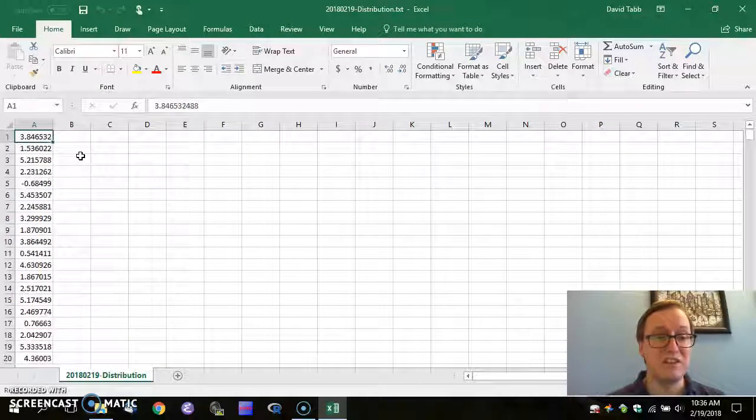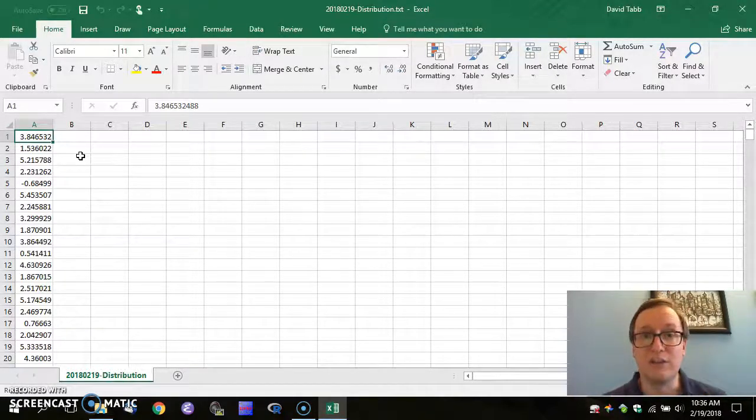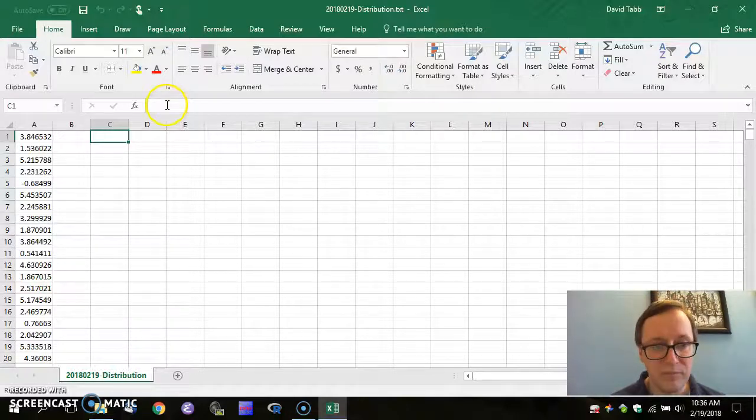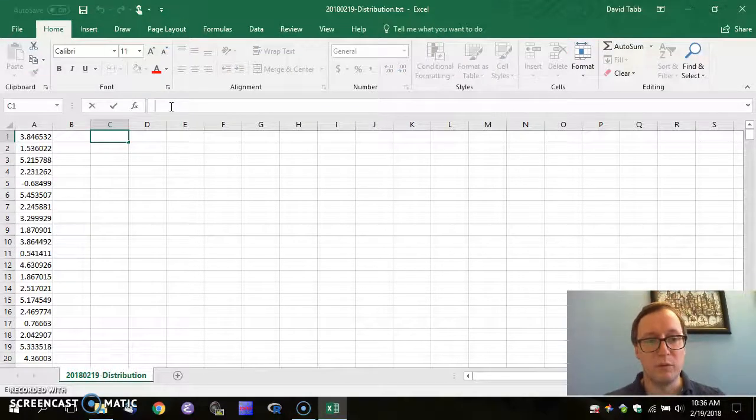One of the simplest things that I might want to know would be what is my range? What is the minimum and maximum value for this collection? So I'm going to pop over to column C here, and I'm going to enter a formula. I'm just going to pop it right up here in the formula bar. I'm going to say equals MIN